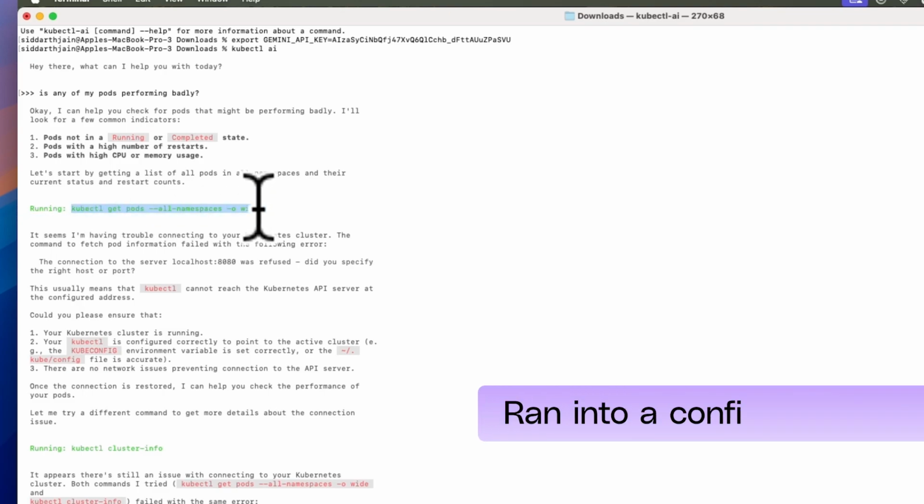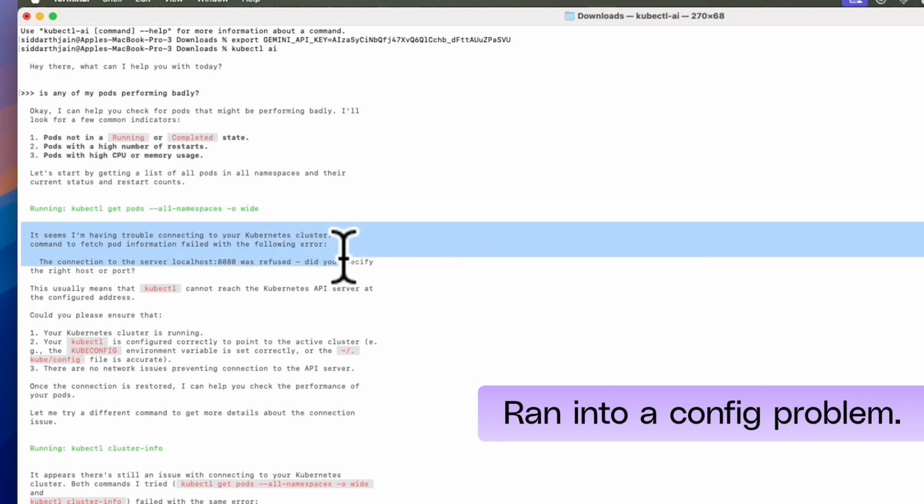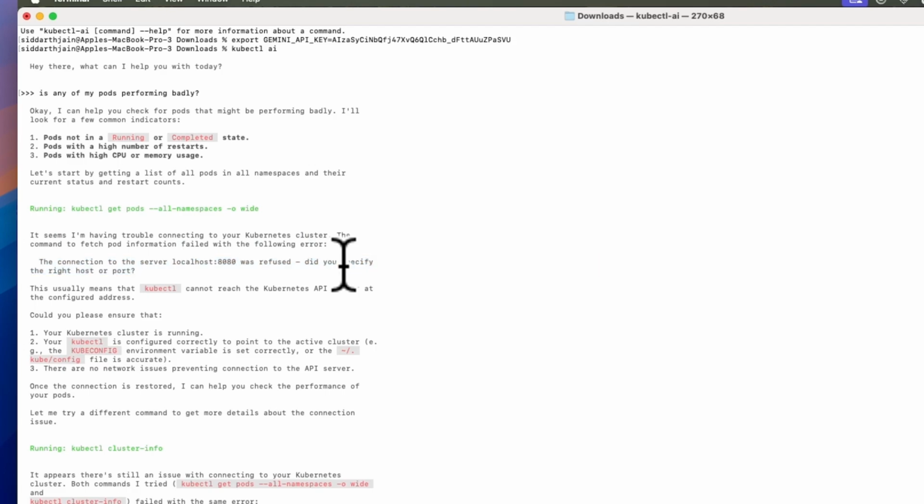It seems I'm having trouble connecting to your Kubernetes cluster. The command to fetch pod information failed. The connection was